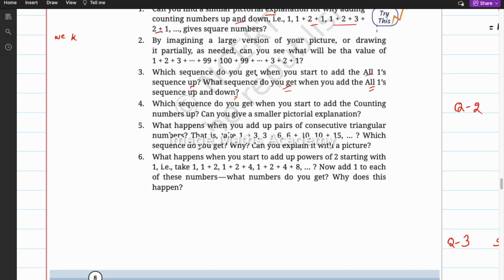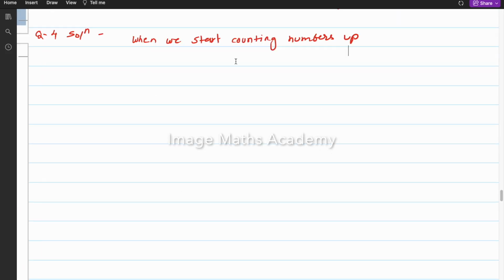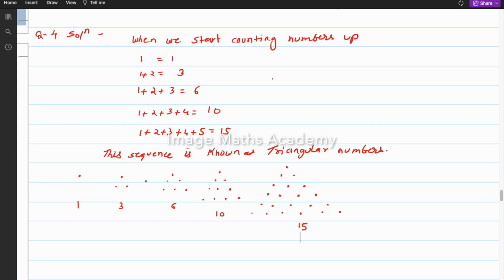Which sequence do you get when you start to add the counting numbers up? कौन सा sequence आपको मिलता है when you start to add counting numbers up? And can you give a smaller pictorial explanation? And pictorial explanation भी देना है. So when you start adding counting numbers up, 1 equal to 1, 1 plus 2 equal to 3, 1 plus 2 plus 3 equal to 6, 1 plus 2 plus 3 plus 4 equal to 10, 1 plus 2 plus 3 plus 4 plus 5 equal to 15, and this sequence is known as triangular numbers,